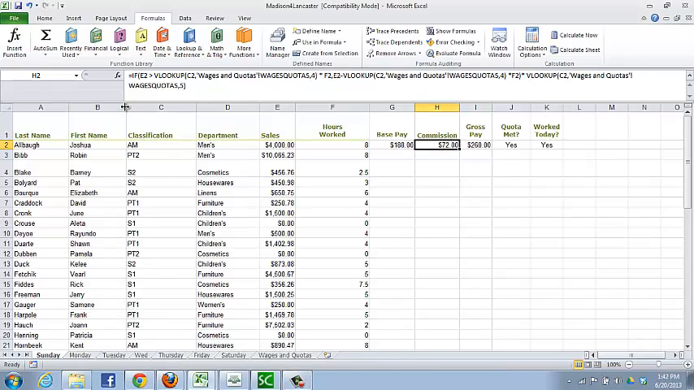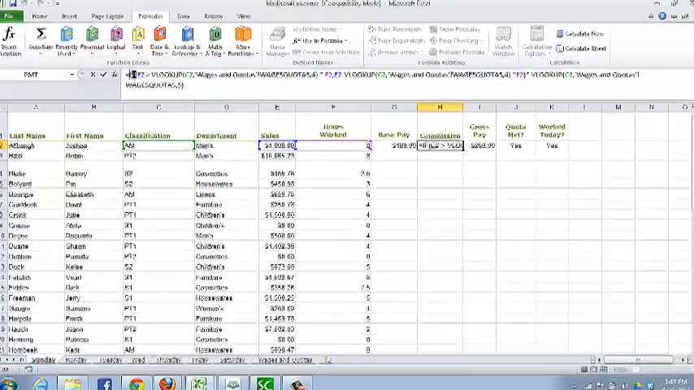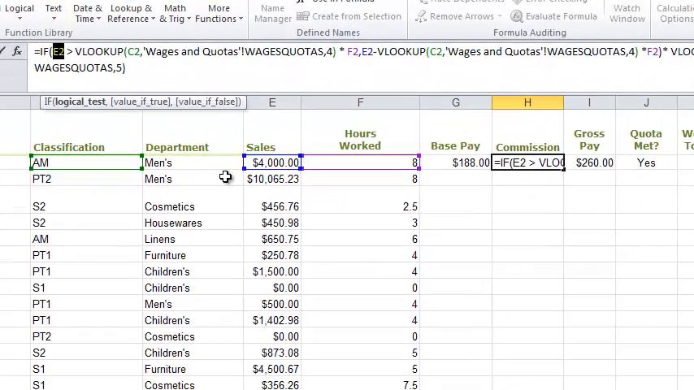So based on that information, we're going to not only use an if statement, but within the if statement we're going to use nested Vlookup statements. Now again, Vlookup just means vertical lookup, and we're going to use our classification to look up the various values that we need to calculate this commission. So the first thing is if. If the value in E2, which is sales, is greater than